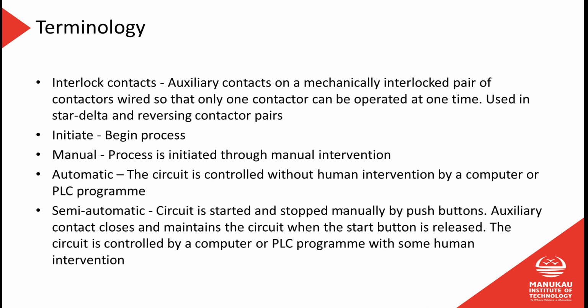But an interlock would give us the ability that one contactor is wired through the auxiliary contacts of the other, so we can never switch on one when the other is on. We can never switch them both on at the same time. So generally power to the coil of contactor 2 would come through a normally closed contact on contactor